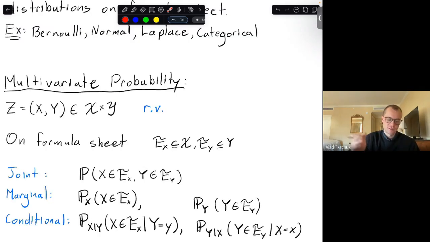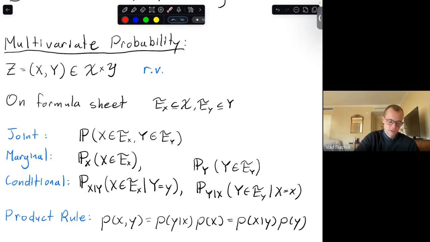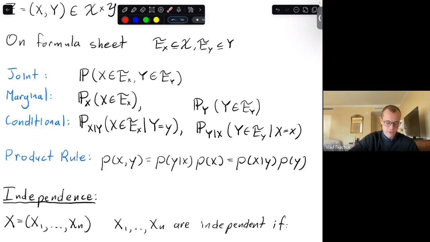Okay, and then kind of the same story went through for the multivariate case, where now you have a random variable, which is just like a tuple of random variables, such as this tuple of x and y. And then you have these joint distributions, which is just the probability of the multivariate random variable. There's a marginal distribution, which talks about the probability of a single one of these random variables. There's conditionals where you condition on them, and so on. There are other rules like the product rule, which help you decompose these PMFs or PDFs for the joint case,